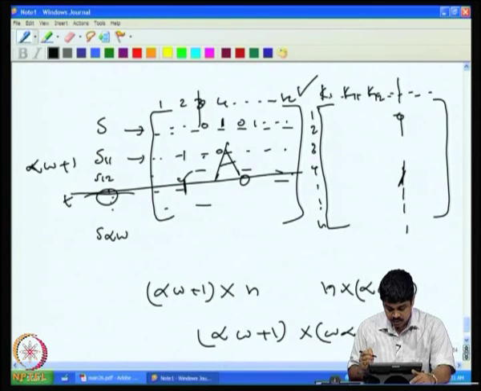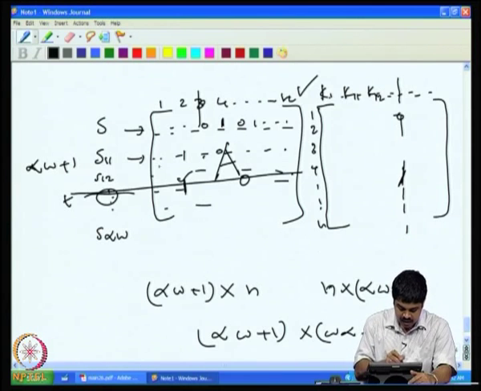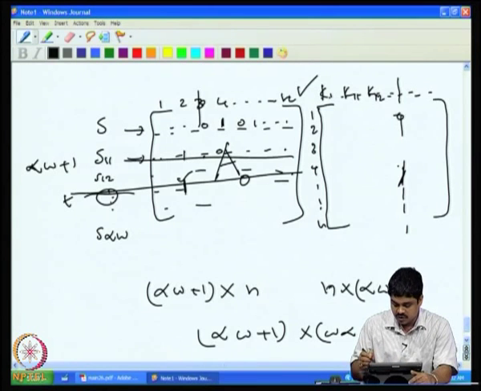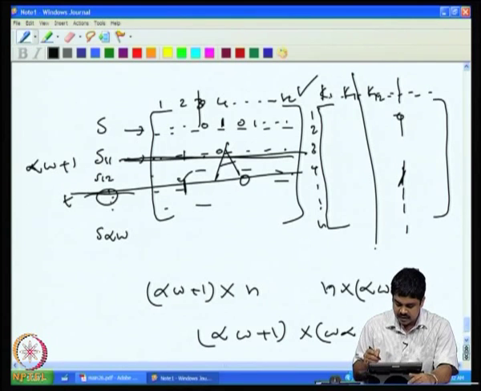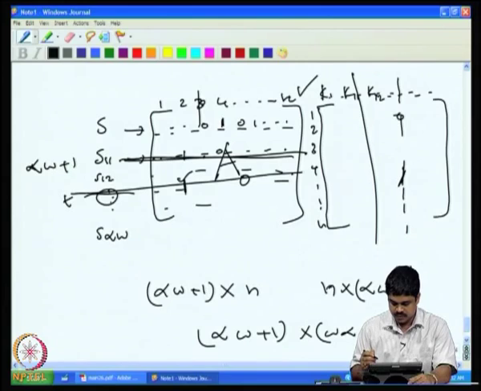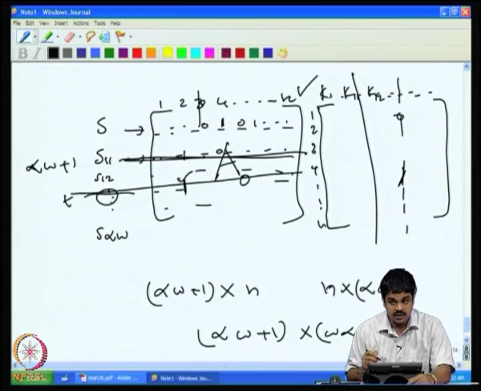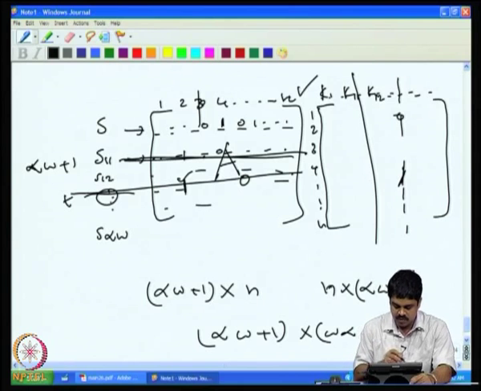But on the other hand, if you take any other rows i and j, such that i is not equal to j, then it corresponds to an independent set and a clique different from the clique associated to it, a different clique which was not its clique. Then what will happen? They have to intersect, and the intersection is only one, because a clique and an independent set can intersect in only one place. So when you multiply, we will get exactly 1, because all other places it will be 0